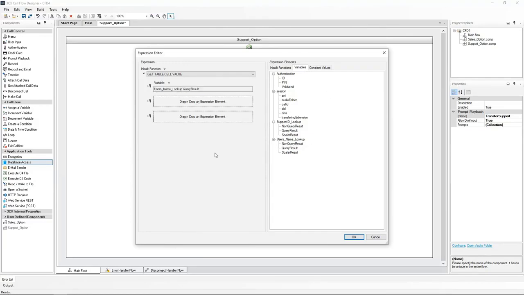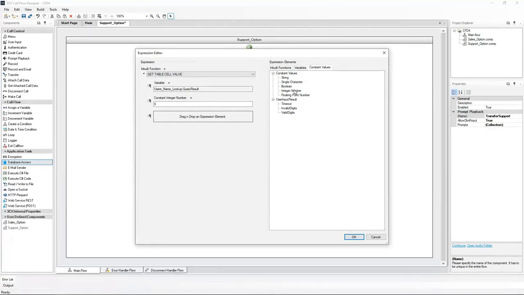Now we want to get the value from the first column, so we will use a constant integer number variable to define the column number. This will be set to 0 to get the first column. We will repeat this for the row number. Setting this to 0 will get the first row returned. As we are expecting only one result, this will give us the name of the person